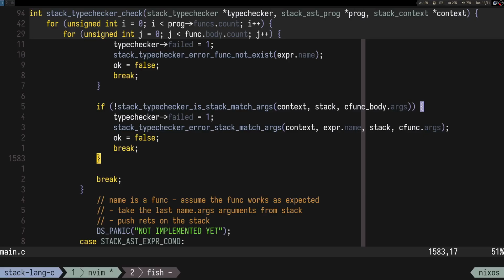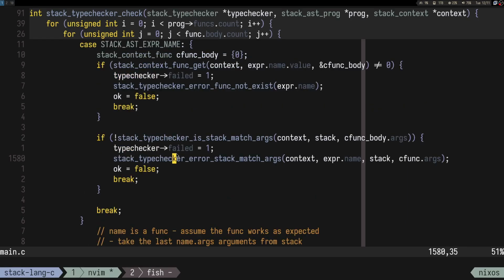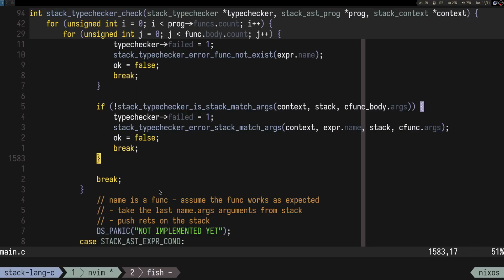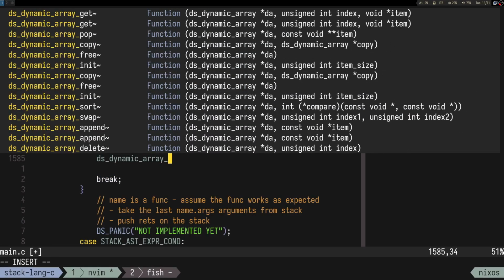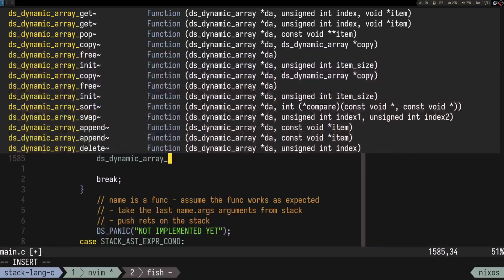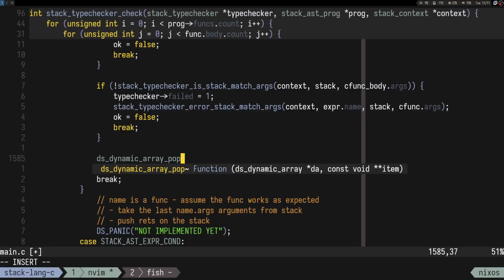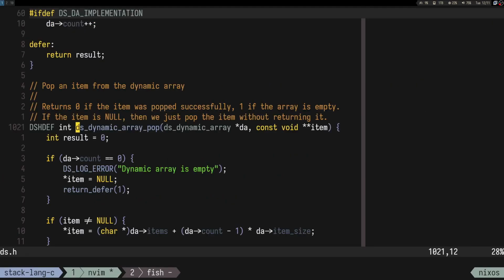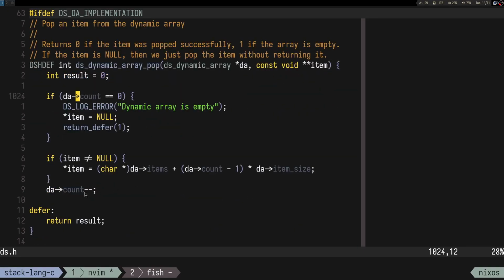But what if it matches? Well, if it matches, we want to replace these arguments of the stack with the returns. Right, we want to replace them. So how am I gonna do that? Well, I guess just delete the last items and push the new ones, right? So I don't know if we have delete dynamic array. I mean, we have delete. We have pop, which I think deletes the last item. Yeah. So we pop